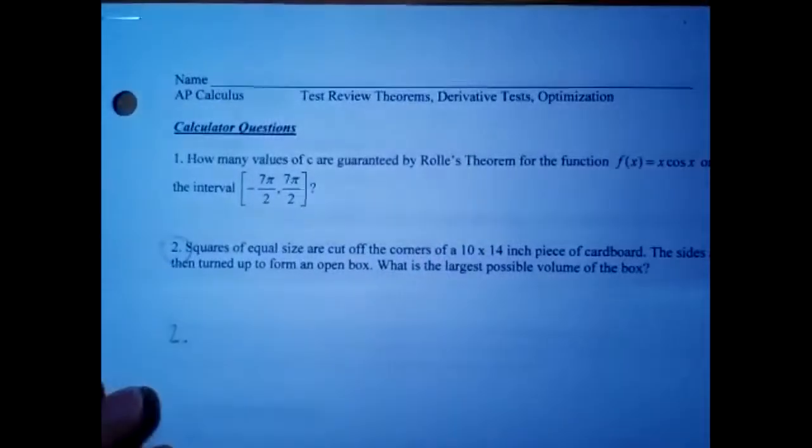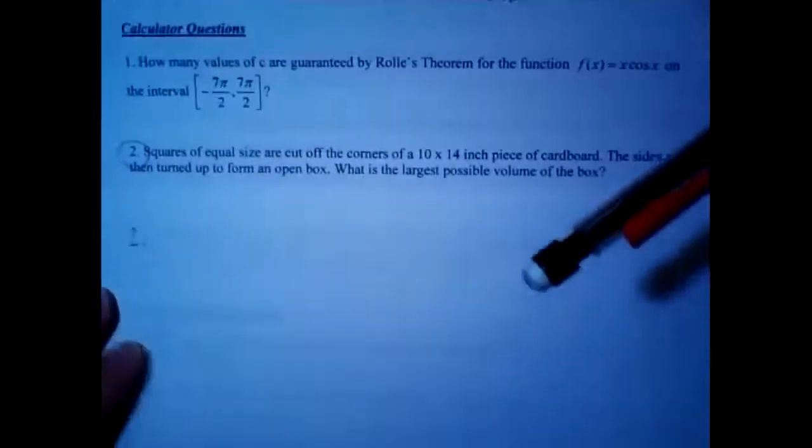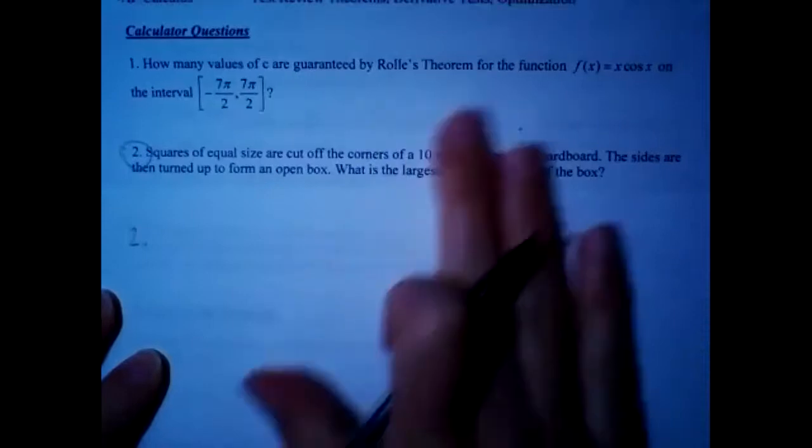Right, so I want to start with number 2. And actually, let me put this up here. I circled the ones I want to make sure we get to here. All right, so number 2: squares of equal size are cut off the corners of a 10 by 14